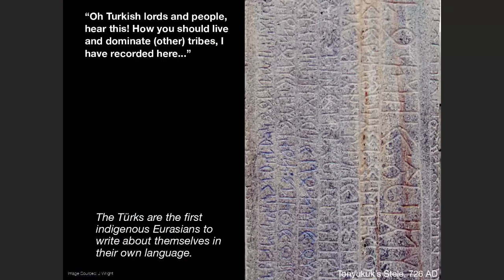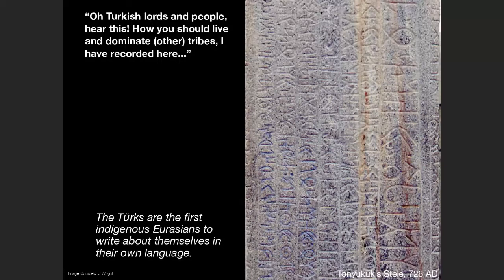Sorry. I want to wrap up my Turks by saying some interesting things about these early Turks. What you see here is a close-up image of what's called Tanyaguk's stele. So in a couple of tomb groups in central Mongolia, they put up large standing stones covered in inscriptions, covered in writing. The Turks were, we would say, the first indigenous Eurasians to write about themselves in their own language. And I hope you can make out that image there on your view. We call it Turkic runic writing, right? It looks like runic writing. It's its own script,